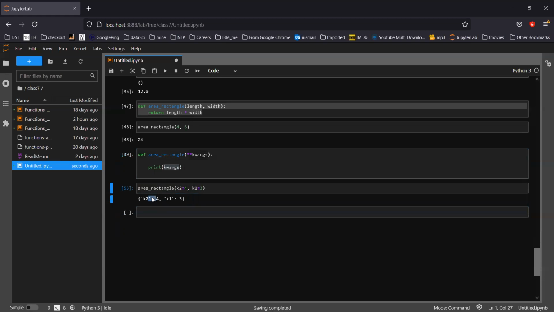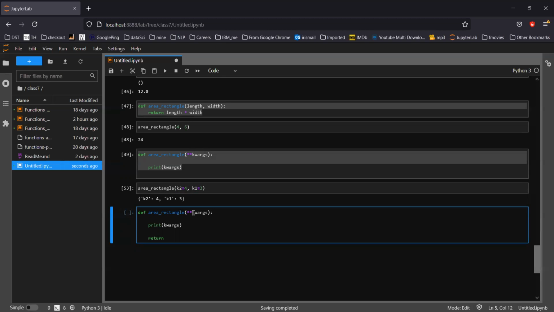Can anybody tell me what data type this is? We have gone through this data type. This is a dictionary. So keyword arguments always behave as a dictionary. Now how we can improve the area rectangle to do the actual calculation is this way.